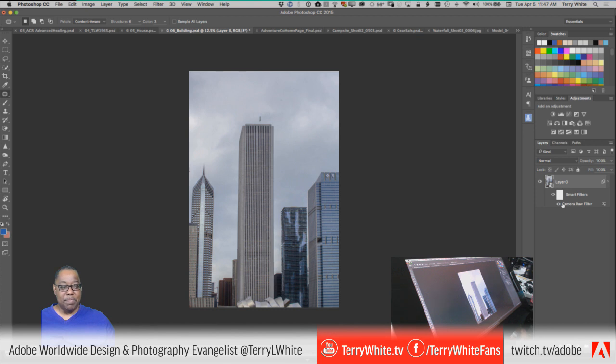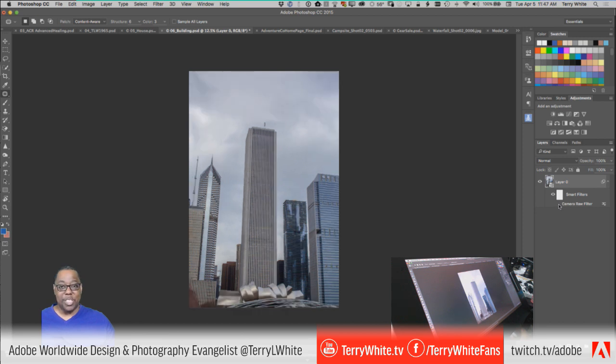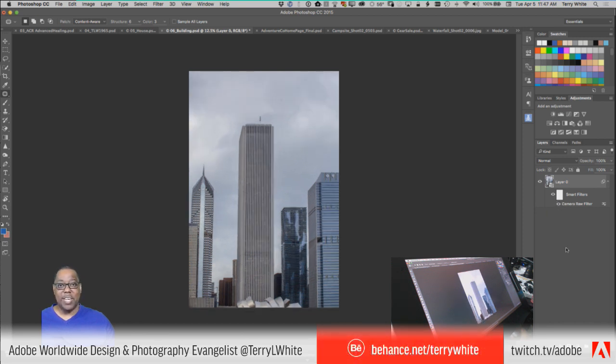And that's been applied now, but it's been applied as a Camera RAW smart filter. So if I ever want to turn that adjustment off, I can turn it off. If I want to turn it back on, I turn it on. So again,